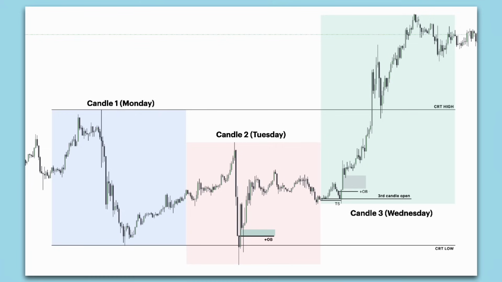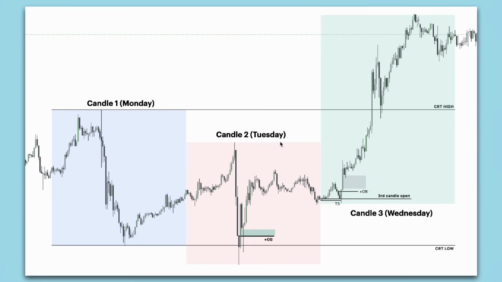Now, let's look more closely at candle number 3. As I mentioned earlier, there was a turtle soup. The quickest trades occur within candle 3. The bias is bullish because we souped the range low and closed above it with a wick below the range low. This indicates a bullish trend. Our goal is to wait for the price to reach below the third candle's open, creating a turtle soup where we souped at the midpoint of Tuesday's range. This is crucial. Very few people will tell you this, but it's key. Look for your turtle soups and your entries on the third candle at the midpoint of the second candle in